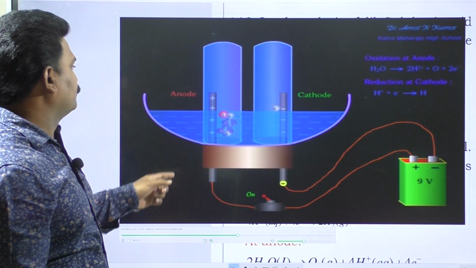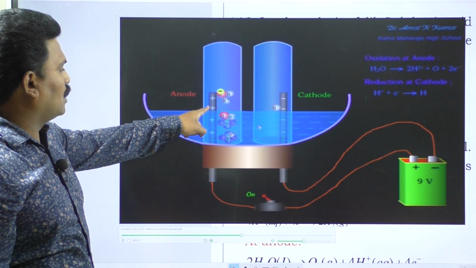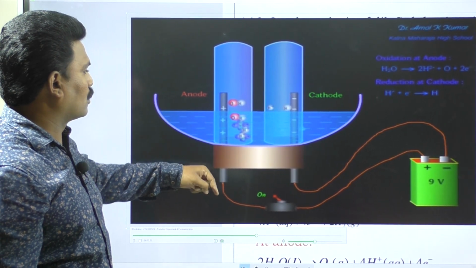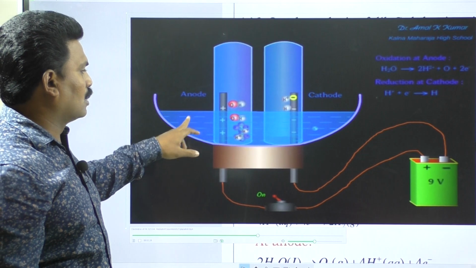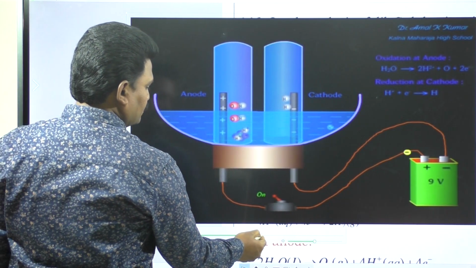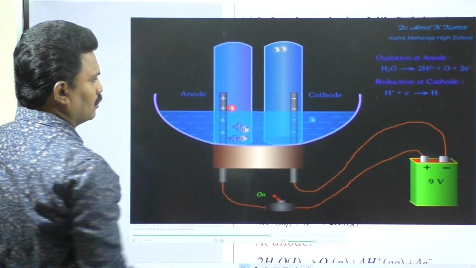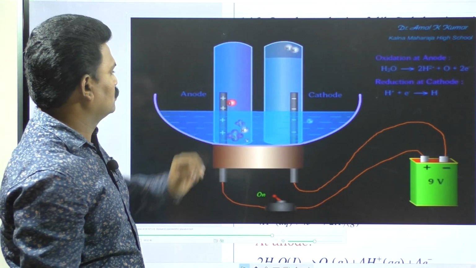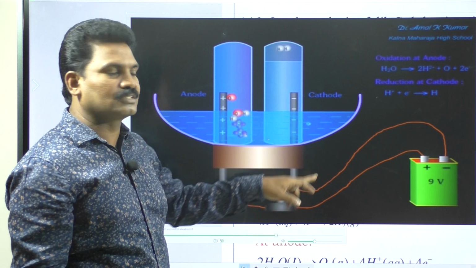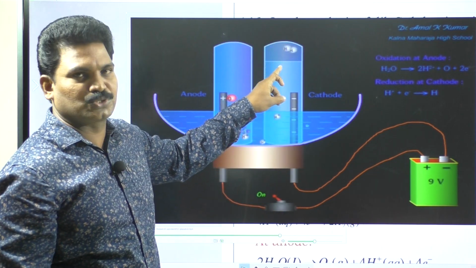See this video. Water molecules reach the anode rod. OH minus loses electrons. Anode: loss of electrons. Hydrogen gains electrons. Cathode: gain of electrons. H2 gas is liberated at cathode. Because anode loses 4 electrons, the 4 electrons are gained by H plus. 4H plus and 4 electrons give rise to 2H2 gas at cathode.